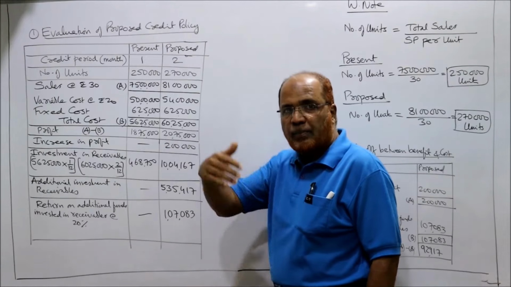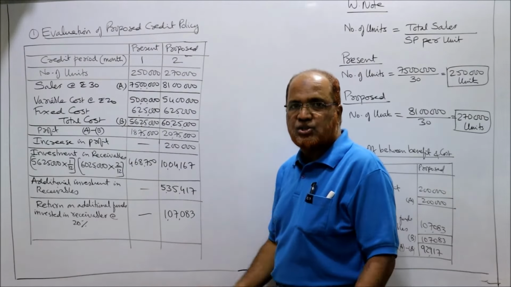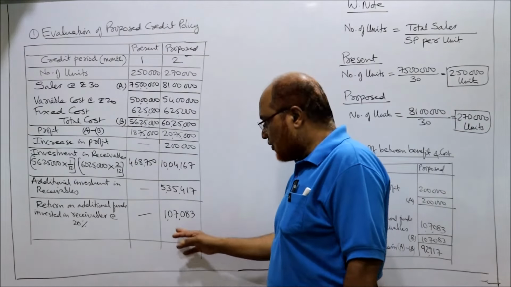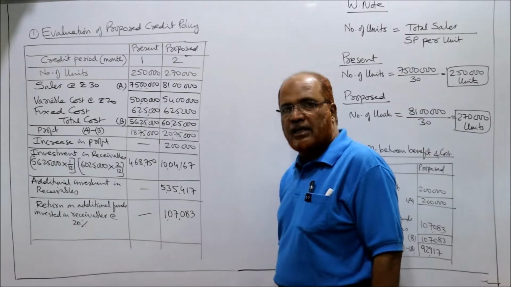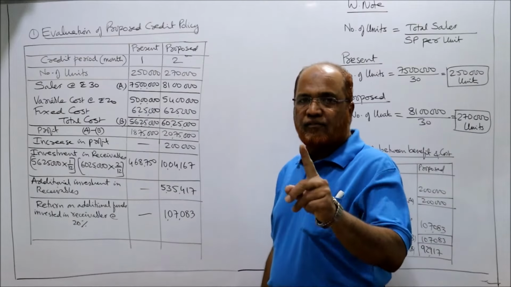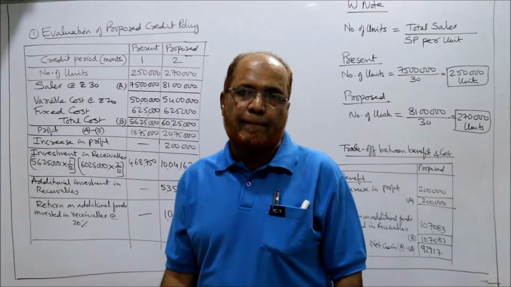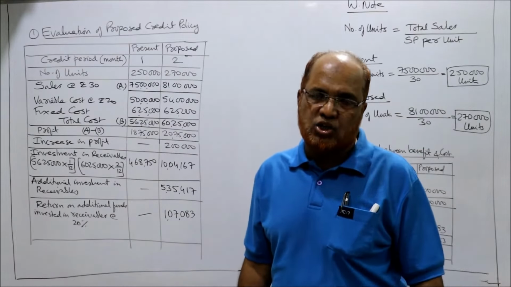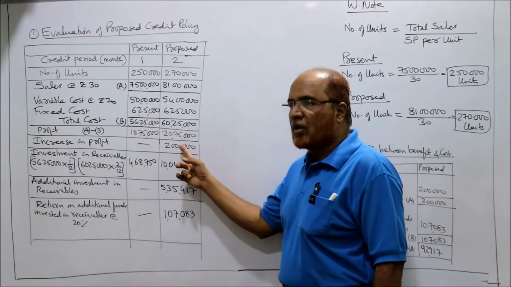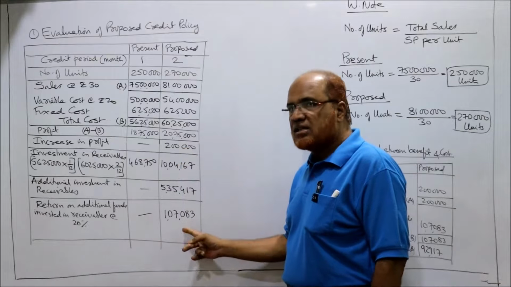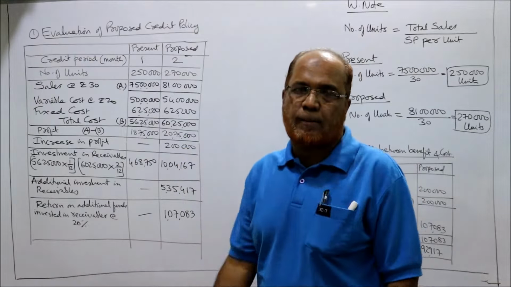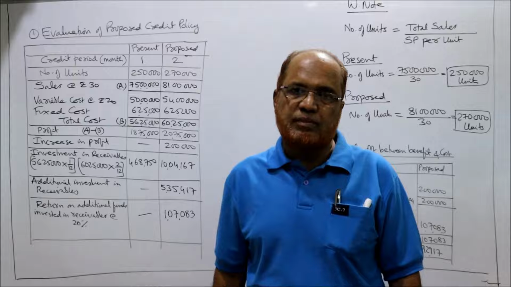क्योंकि सप्लायर ऑफ फंड्स को पे करना है, इंटरेस्ट चार्जेस, डिविडेंड चार्जेस, तो 1,07,083 दिस इज द कॉस्ट। तो एक फायदा है और एक नुकसान है, वन एडवांटेज वन डिसएडवांटेज। एडवांटेज इज वी आर प्रॉफिट इज इंक्रीजिंग, डिसएडवांटेज इज वी हैव टू पे द कॉस्ट, वी वांट द रिटर्न ऑन आवर इन्वेस्टमेंट,